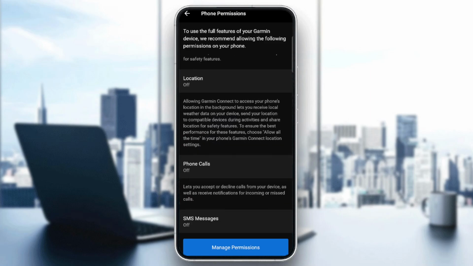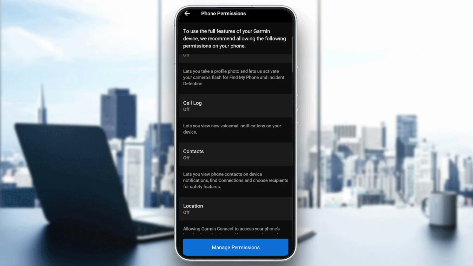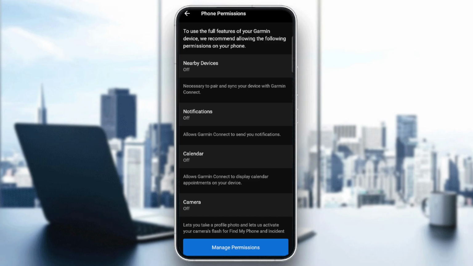You should look for any options including Bluetooth or just Nearby Devices. It's basically the same option. On iOS, you may see it listed as Bluetooth; tap Manage Permissions to open the phone settings. On your phone, you should also go through Settings, Garmin Connect, Bluetooth, then toggle it on. On Android, go to Settings, Apps, Garmin Connect, Permissions, Nearby Devices, or Location for any older Android versions, where Bluetooth is often